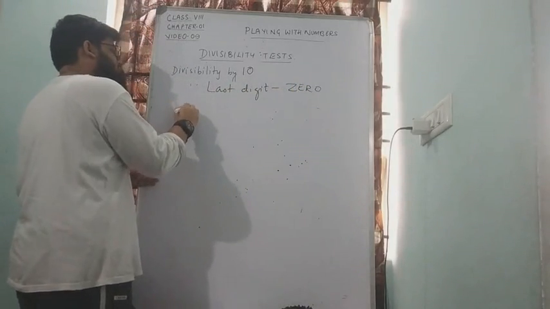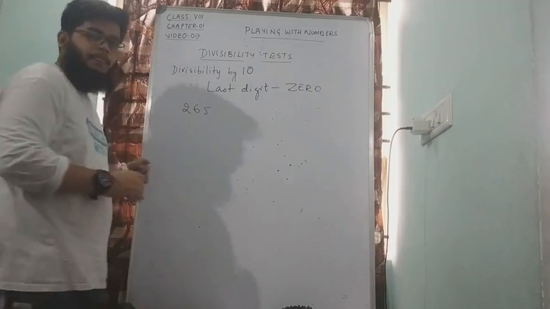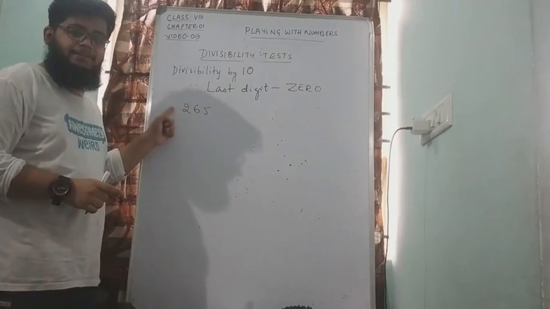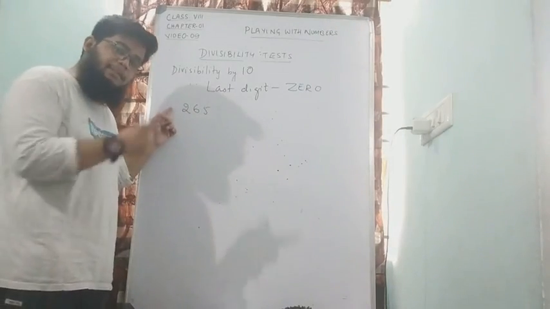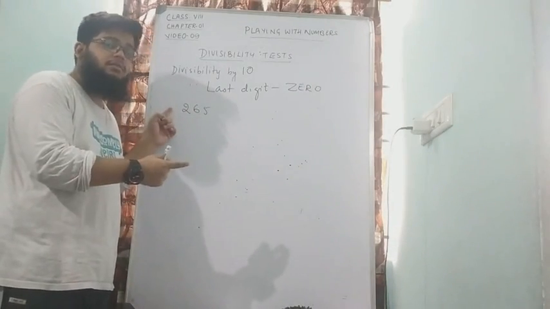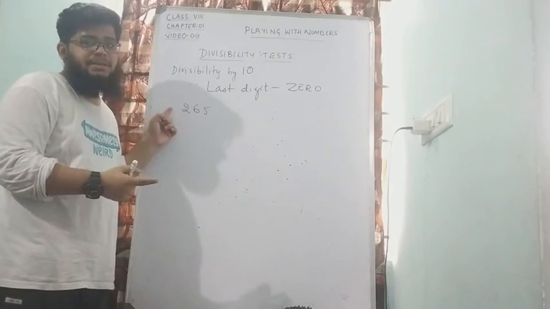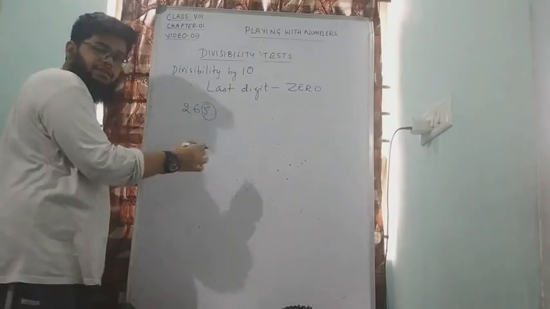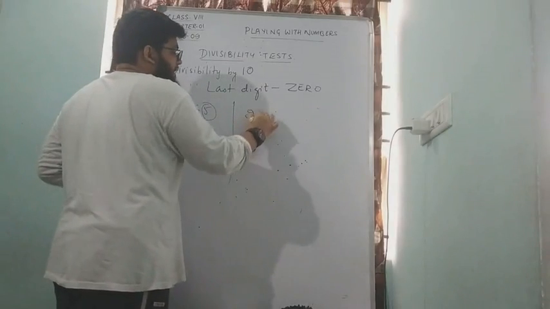So if I have a number 265, is this divisible by 10? It is not divisible by 10. But this number is divisible by 5. Why is this divisible by 5? Because the last digit is 5. But if I have a number like